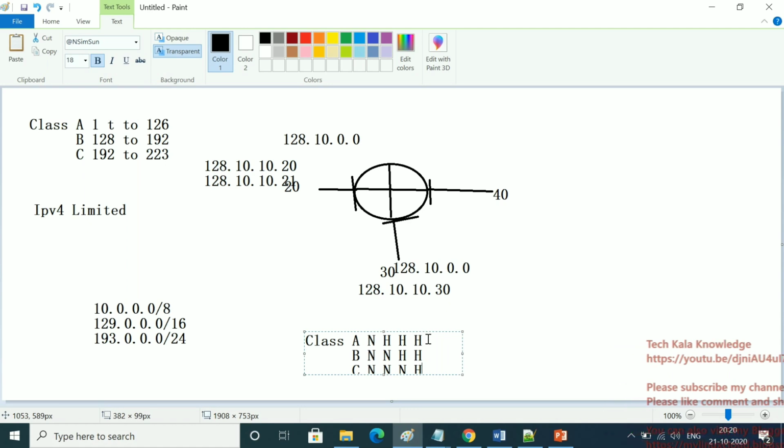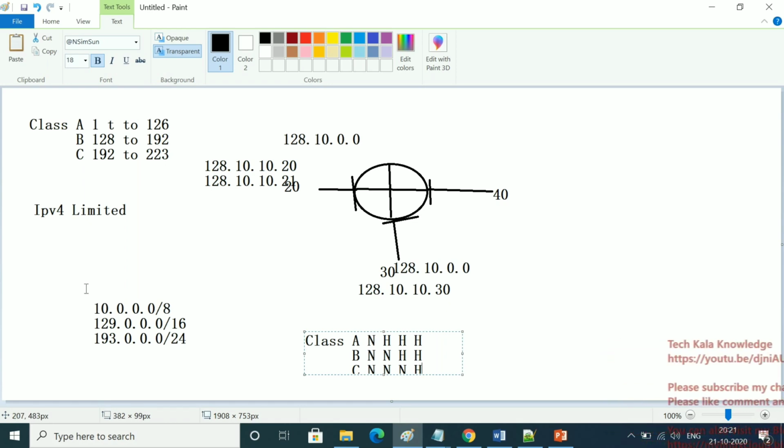So for class A, only one network octet, so 8. For class B, I mentioned 16, two octets, 8 and 8. In class C, 1, 2, 3 means 8, 8, 8, so 24.